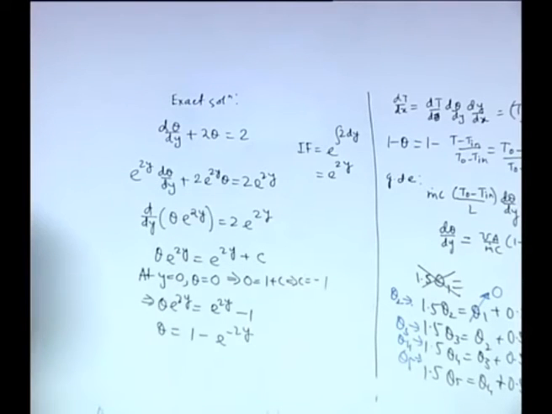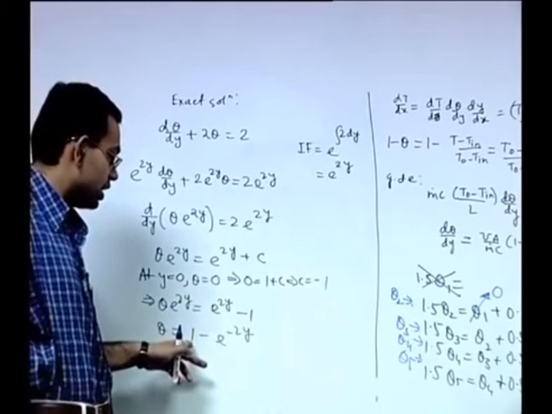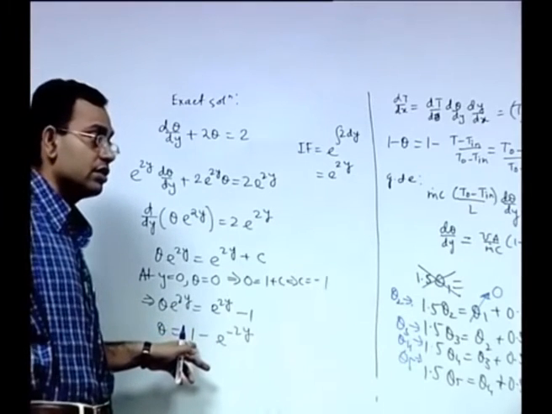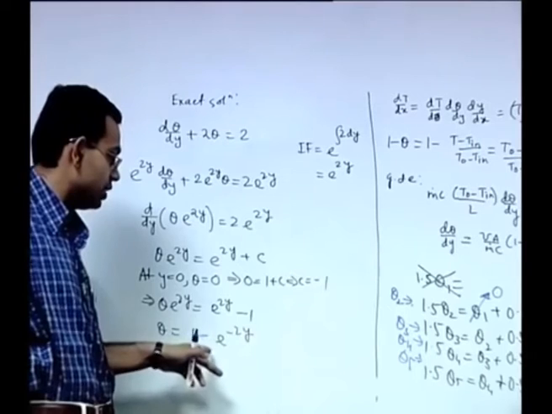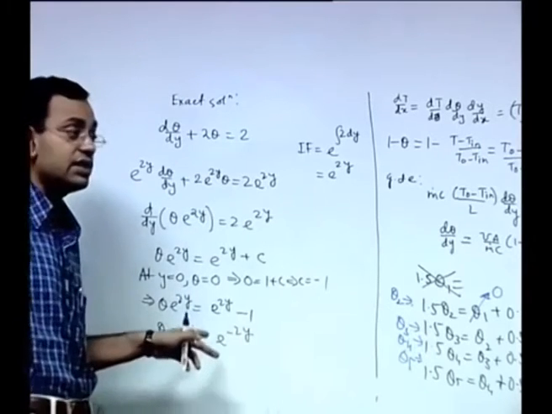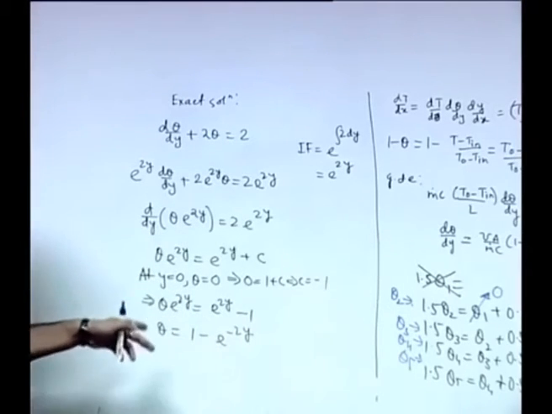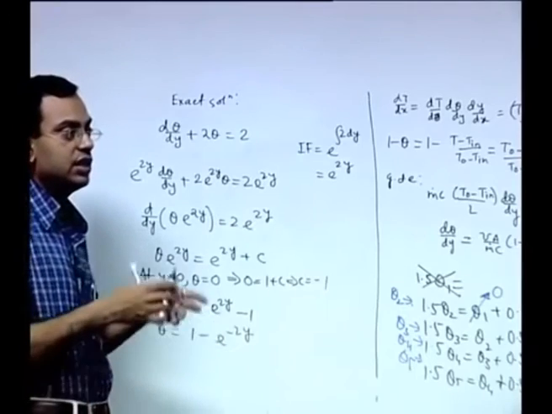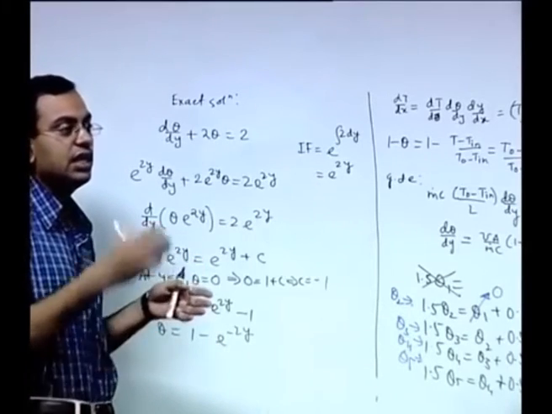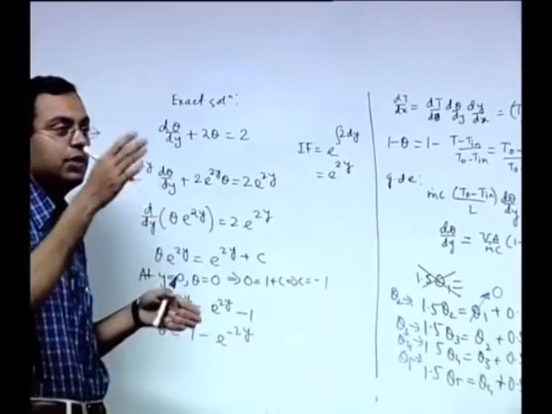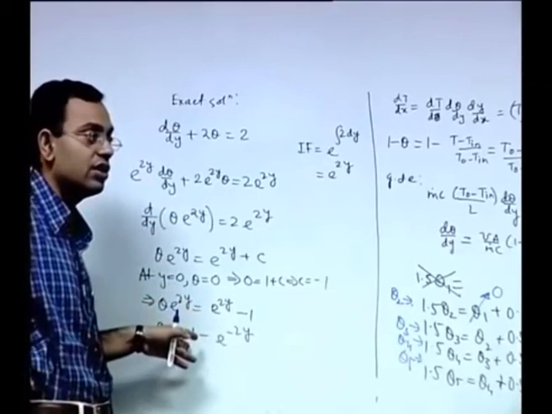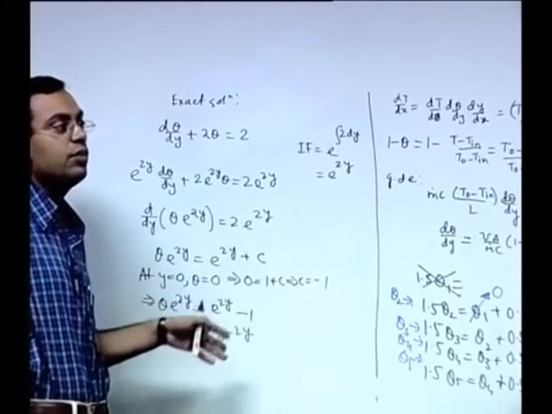So, it is like an exponentially increasing sort of temperature profile. At y equal to 0, theta is 1 minus 1, that is 0. It is exponentially increasing because it is the cooling water. It is getting heat from the steam and its temperature is increasing. So, at inlet it is 0 and then subsequently it will be greater than 0.